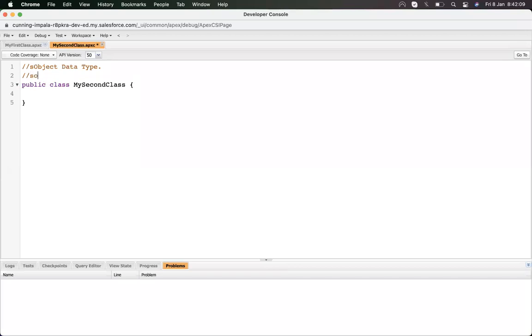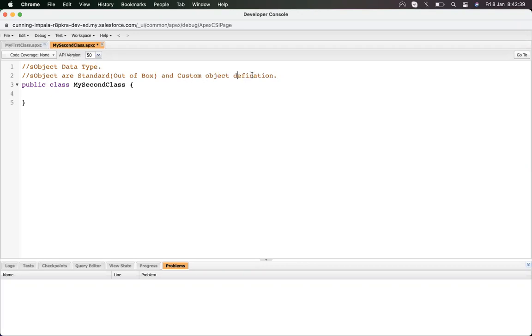sObjects are the standard, or we can say out-of-box, and custom object definitions. So sObjects are the standard or custom object definitions.